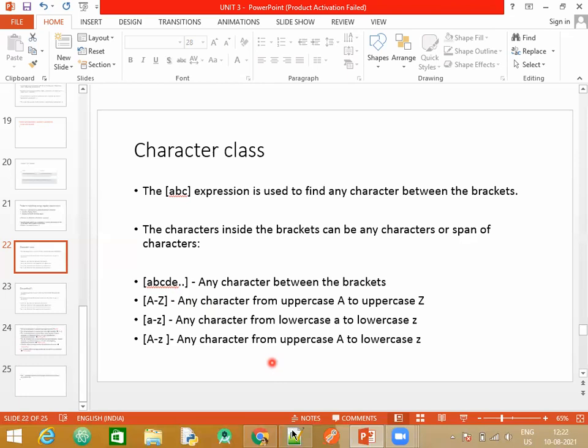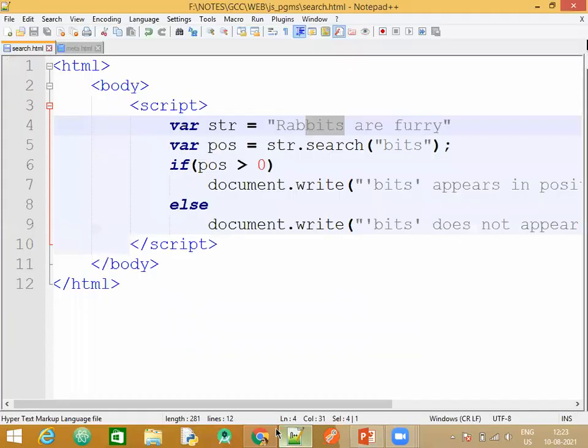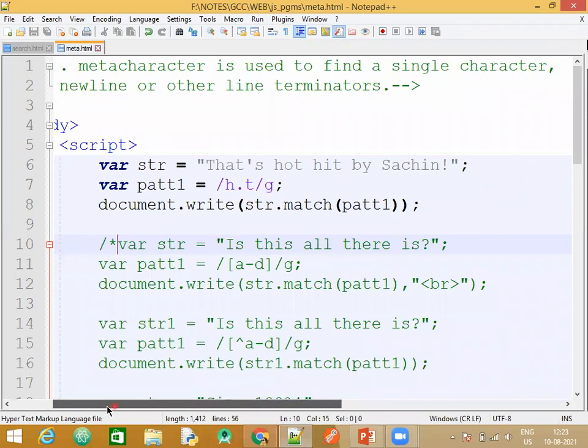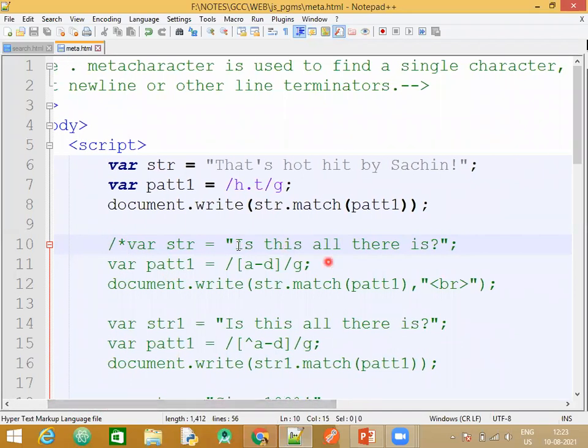Have a look at the example. The explanation will be more clear now. I'll comment the first one.